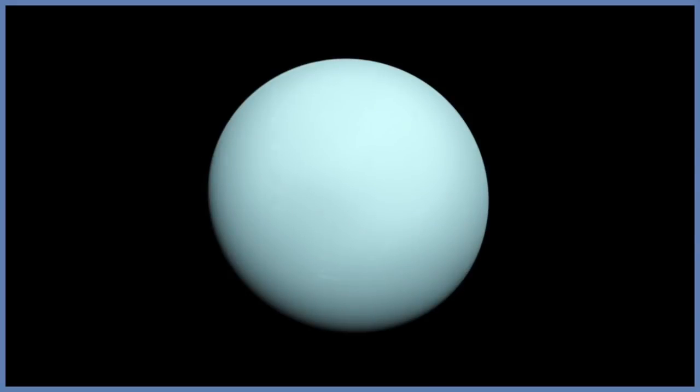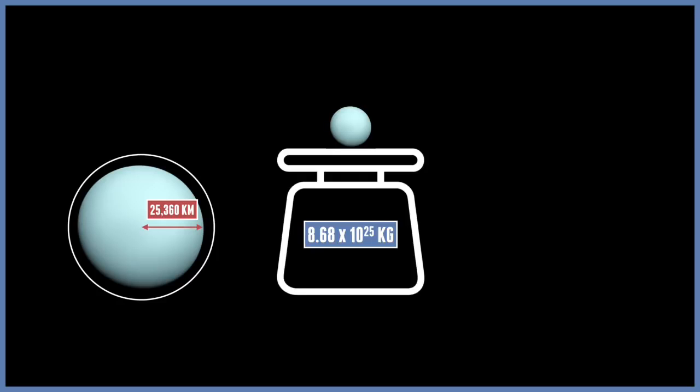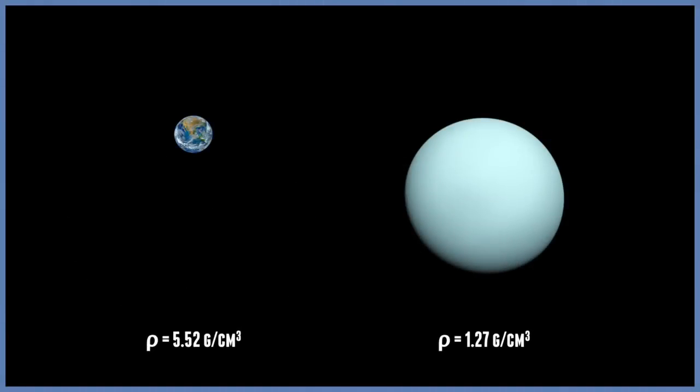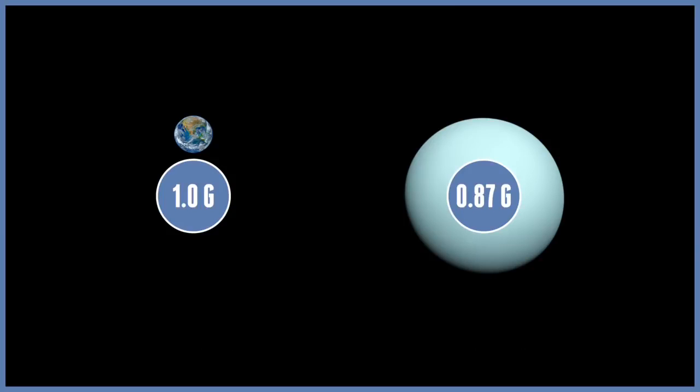So now we come to the outer solar system. This is the realm of the icy giants. So let's start with Uranus, or Uranus, whichever one you fancy. Uranus is the third largest planet in the solar system, at just over 25,000 kilometers. It has a mass of 8.68 times 10 to the 25 kilograms. And of course, it's just over 4 times the size of Earth, so again, this is still a very large planet. But like the other gas giant, Uranus falls short on density, so this means that it's only 8.69 meters per second squared. So therefore, it comes out at lower than 1 g, at 0.87.